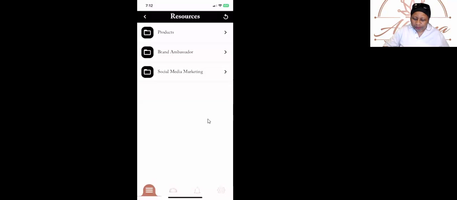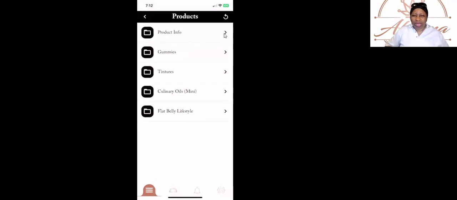Let's look at products. How do you look at it? You see that little arrow right there on the right side? Press that, and then it opens up more things. Product info, and we have a lot of different products. Most of this stuff, especially the particular products, has been done by our wonderful social media guru, CJ. Everything has a little arrow. Whenever you see an arrow to the right, that means you can press it.